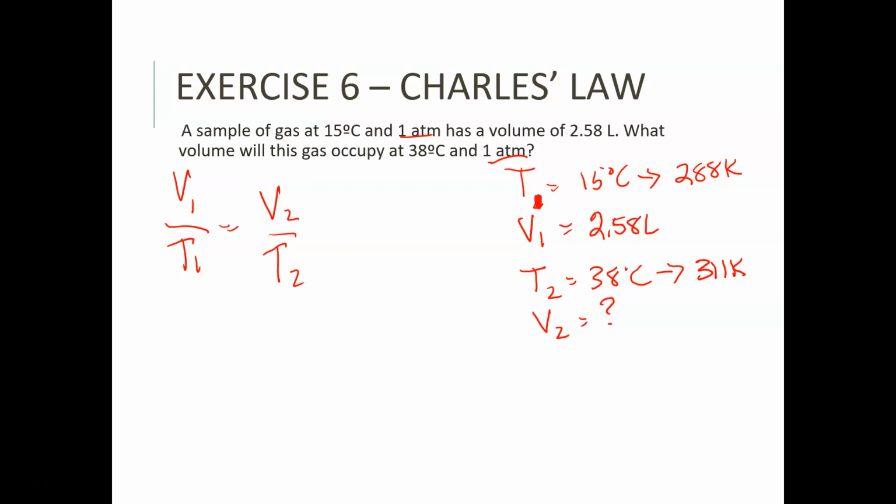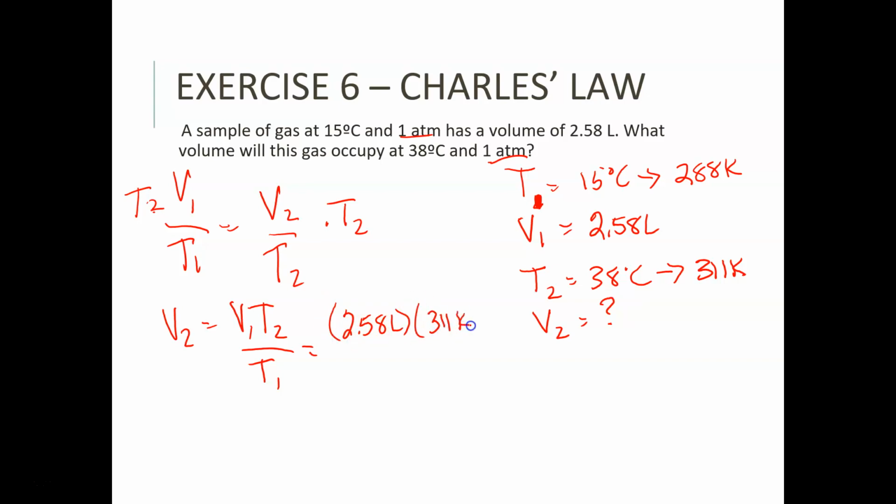So if I rearrange my equation, I can multiply both sides by T2. And I get that V2 is equal to V1 T2 divided by T1. And so then I plug everything in. I've got V1 is 2.58 liters. I've got T2 is 311 Kelvin. It's really important that you use Kelvin here and you don't use Celsius. And then I have 288 Kelvin for T1. And now I just solve it. And when I solve it, I get